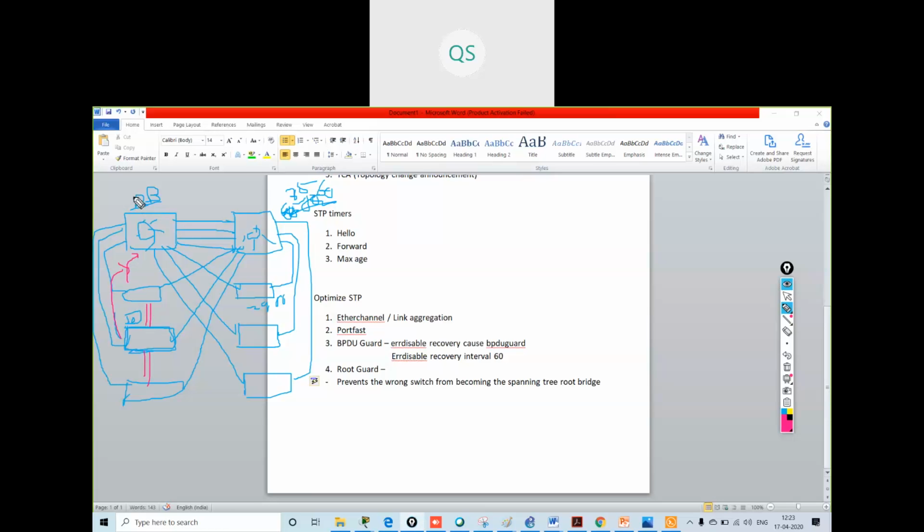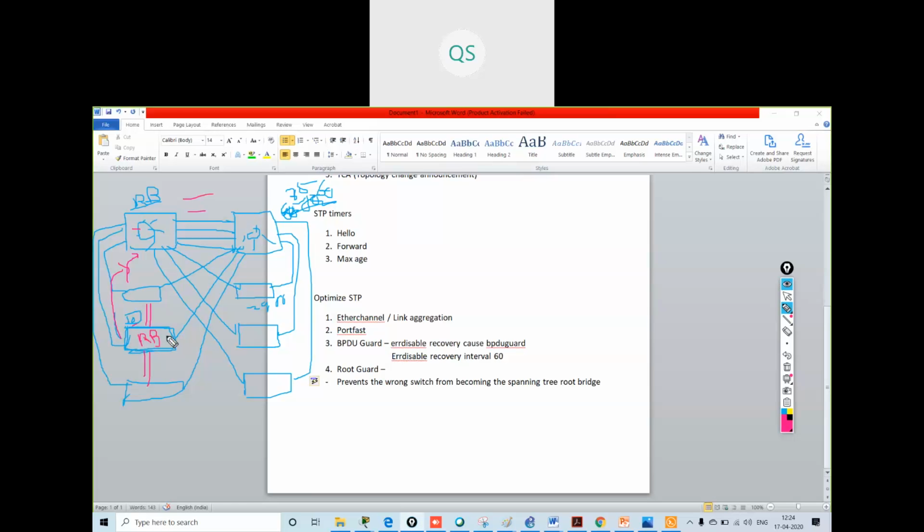This switch will check the BPDU message, its priority and the MAC address, and on the basis of priority, this switch will become the root bridge now. We don't want this switch to become the root bridge.